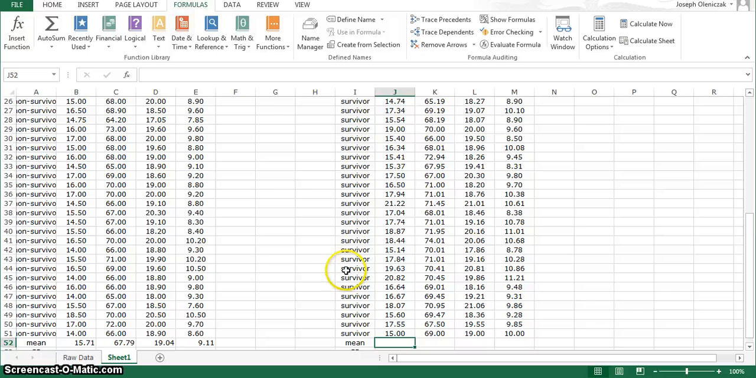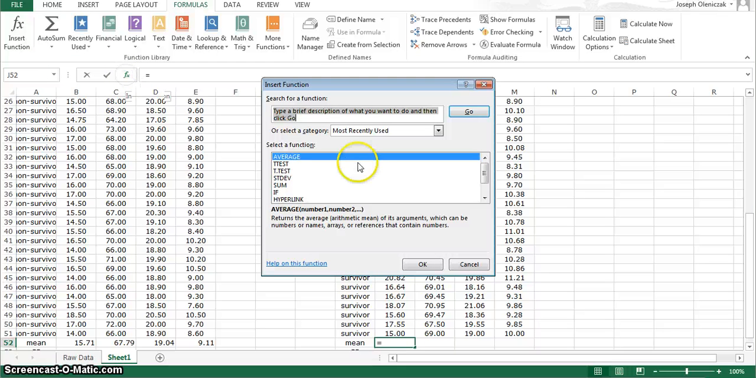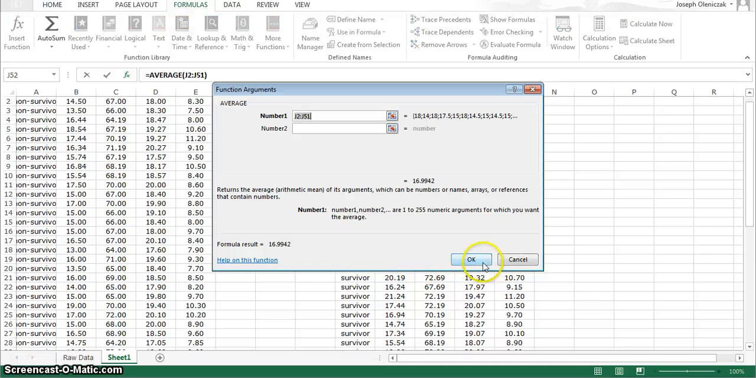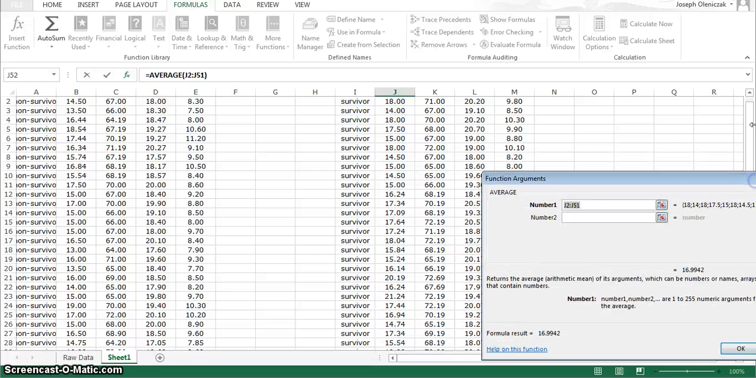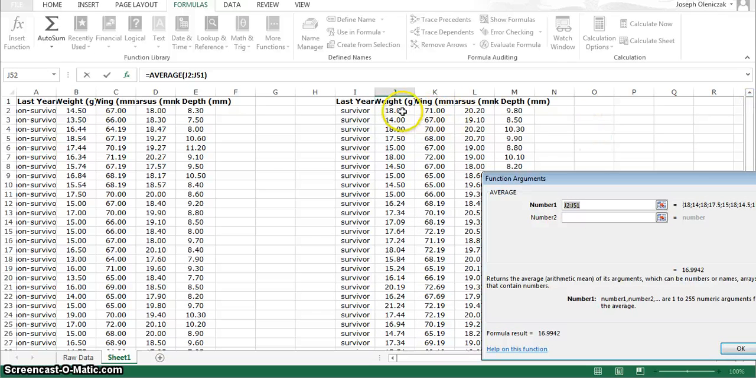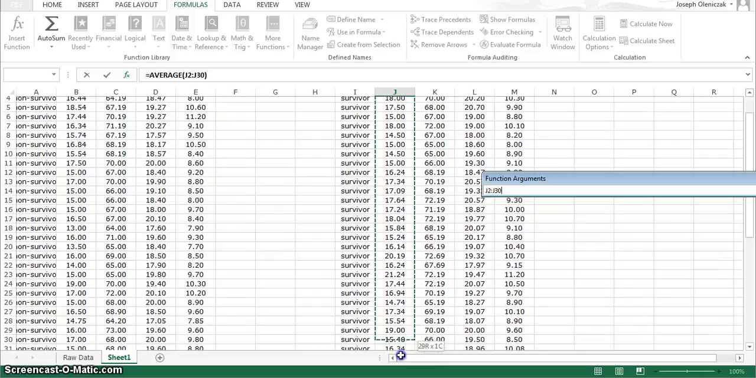I'm going to come over to my survivors and I'm going to do the exact same thing. So I want average, okay, and J2 through J51. Let me make sure that's what I want. Yep, I want J2 through